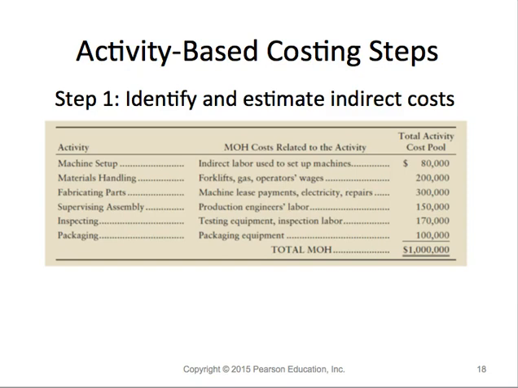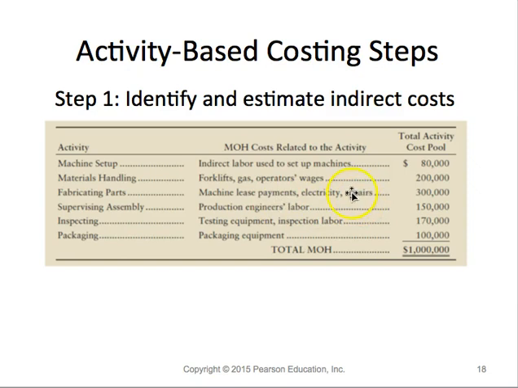So here is a set of identified and estimated indirect costs for each activity. Machine setup, material handling, and so on. We just talked about these. And here are what kind of costs we're having here. Indirect labor used to set up machines, and this is overhead, so $80,000. Forklifting, gas, operator's wages, and $200,000. Machine lease payments, electricity,